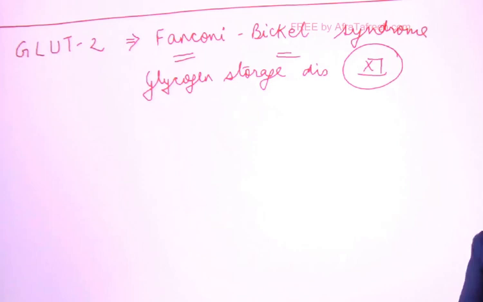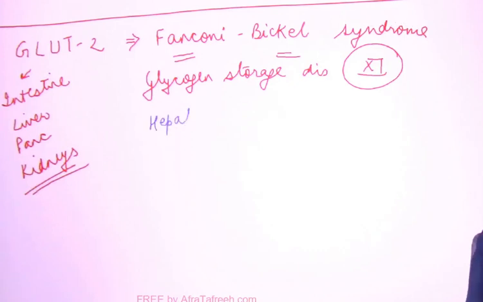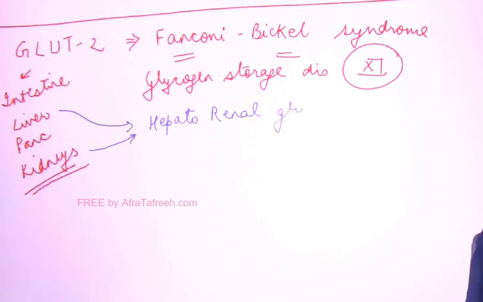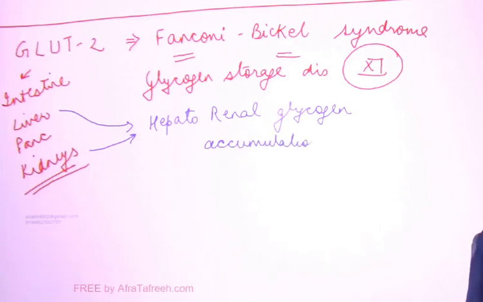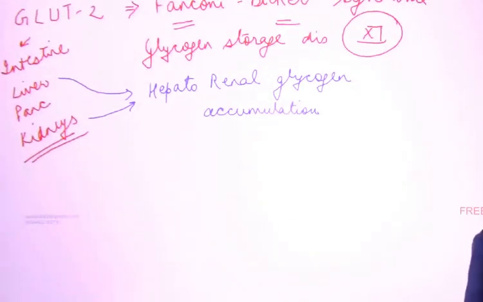As you know that GLUT2 is present in intestine, liver, pancreas, also I told you kidneys. Okay, so here there is hepatorenal glycogen accumulation. These patients have growth retardation,